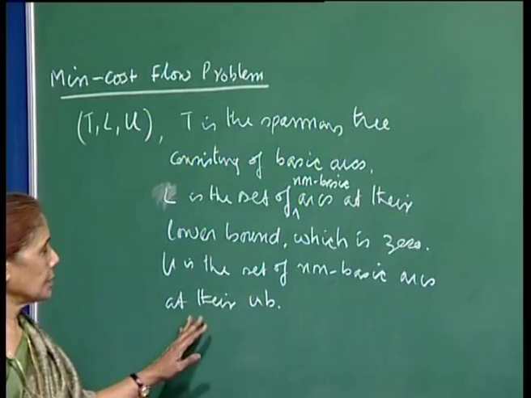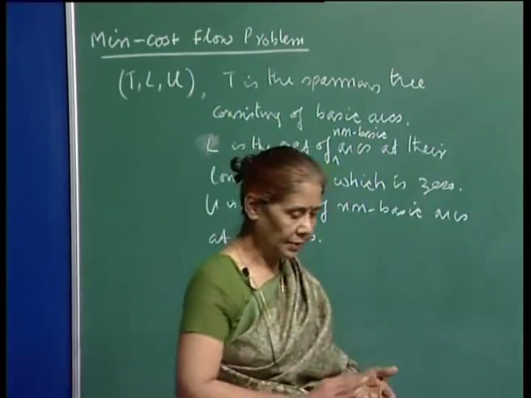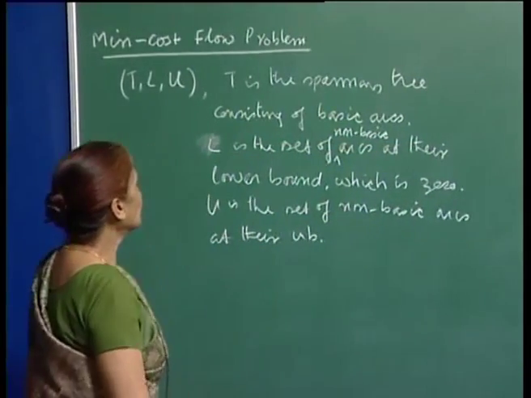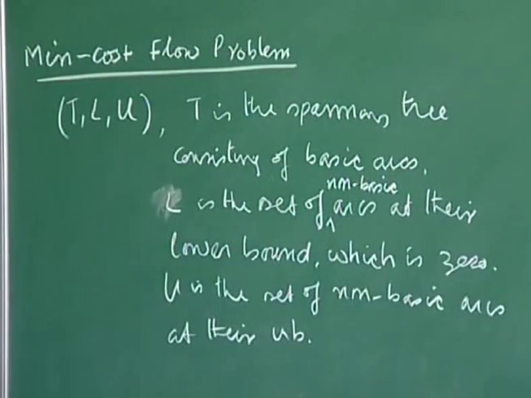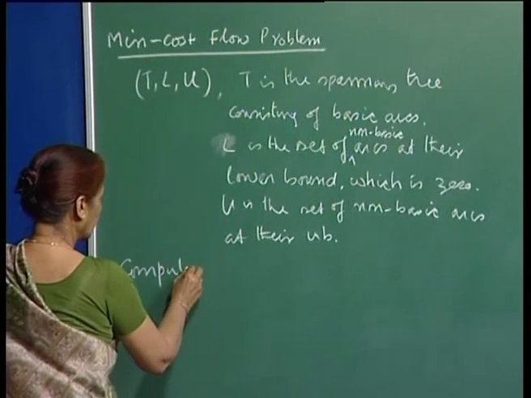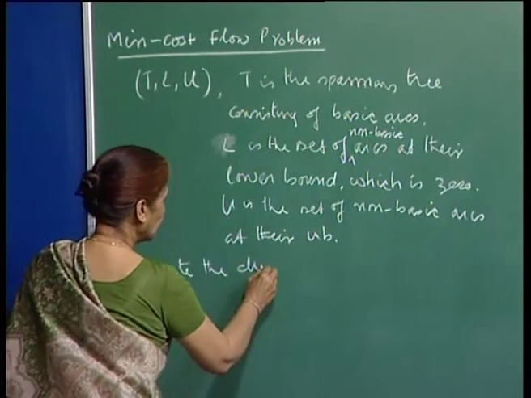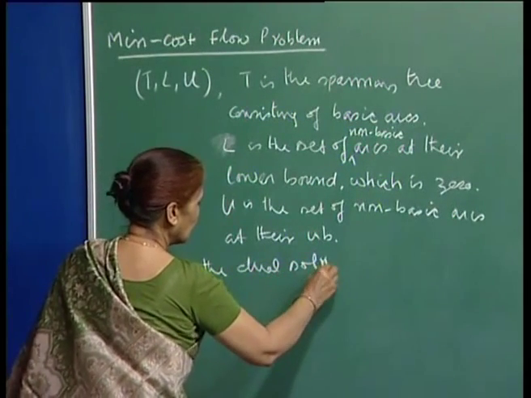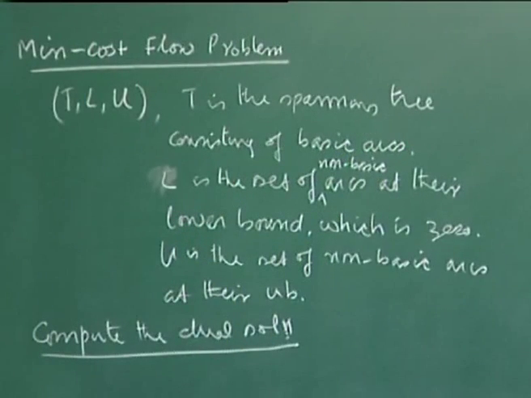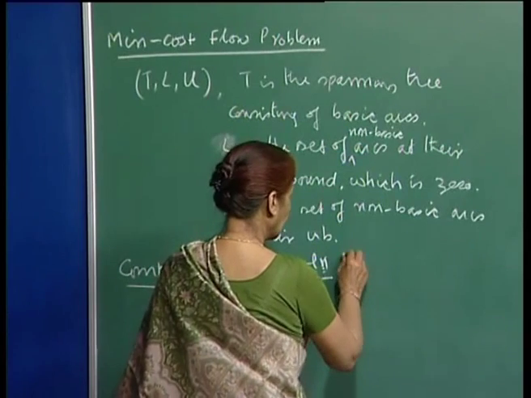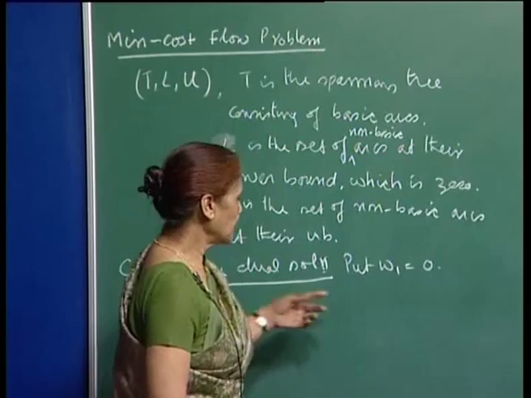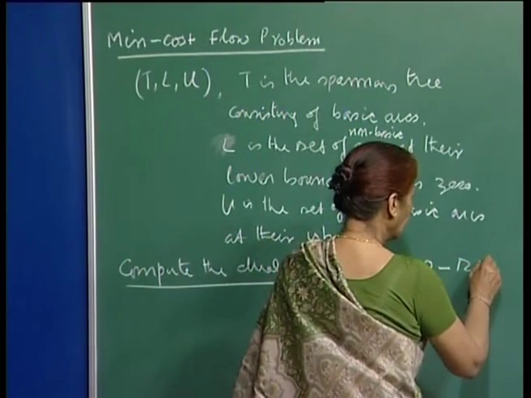Okay. So we have this structure given to us as a starting thing, and we also need to discuss later on how to get a starting spanning tree structure like this. We will do that. So anyway, given this, we compute the dual solution. I was mentioning it last time also. We do this by putting W1 as 0. We will always do that, and we also call this the root node,